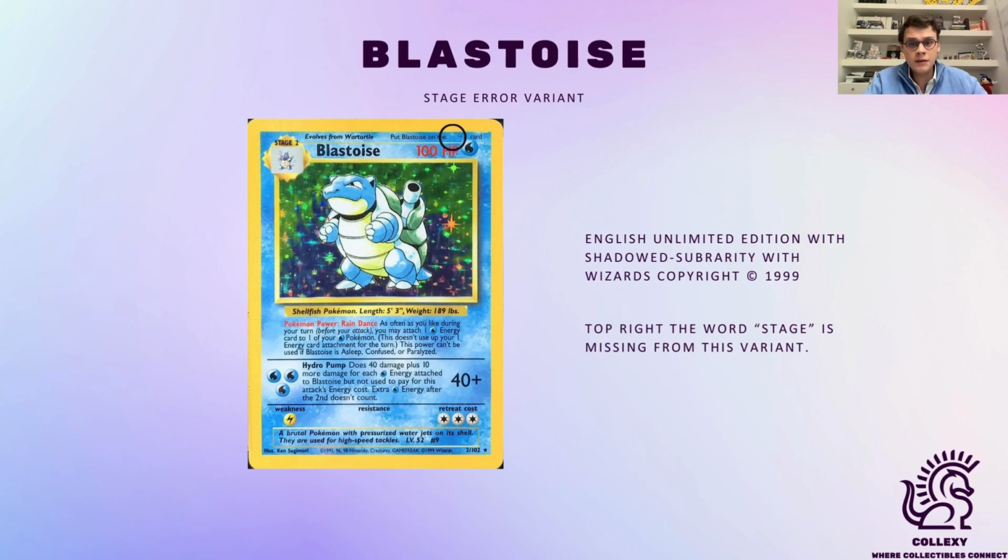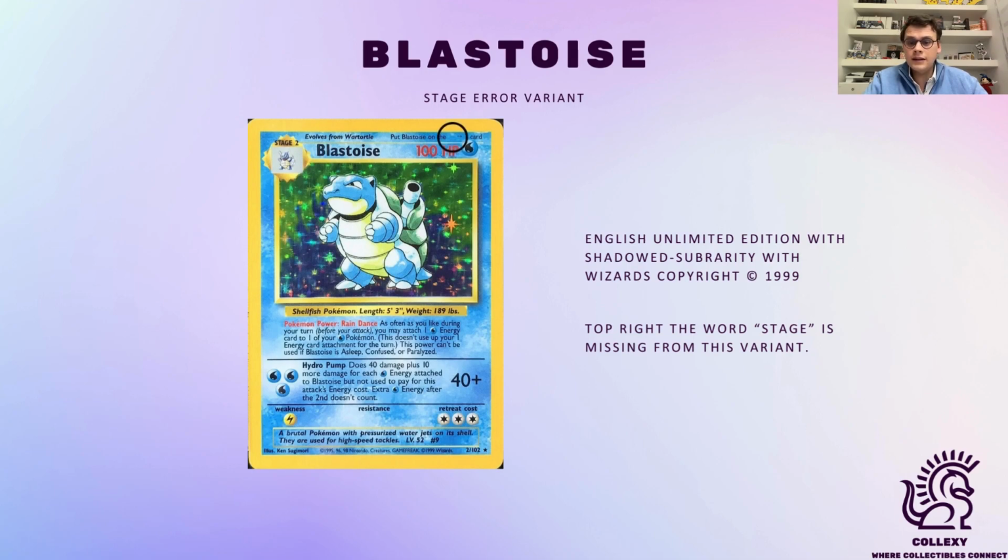in Trainer Deck B. This is a Blastoise that we call the stage error variant. On the top right of the card, we see "Blastoise" on the card. In between those words, there should have been "Stage." Due to a printing error, the word "Stage" was not included. For the rest, this card completely matches the English Unlimited Edition with Shadowed subrarity and Wizards of the Coast copyright